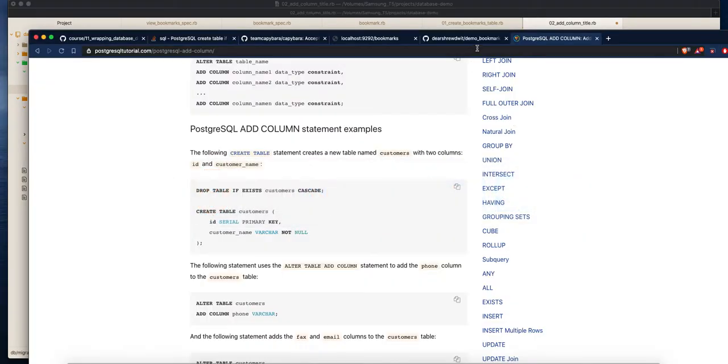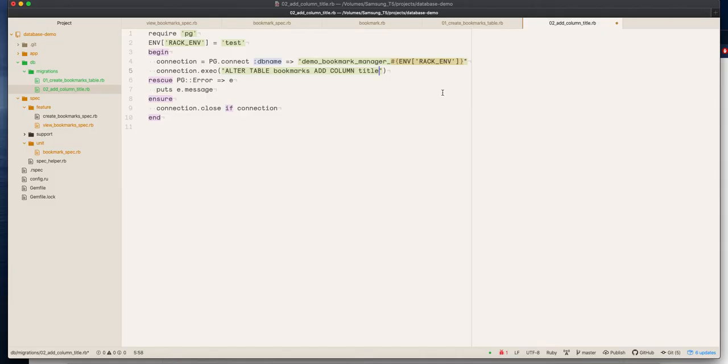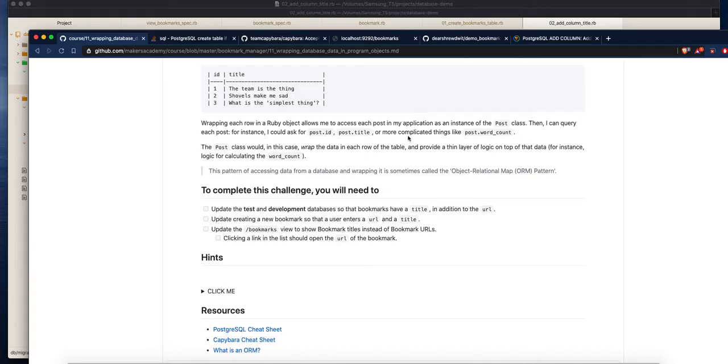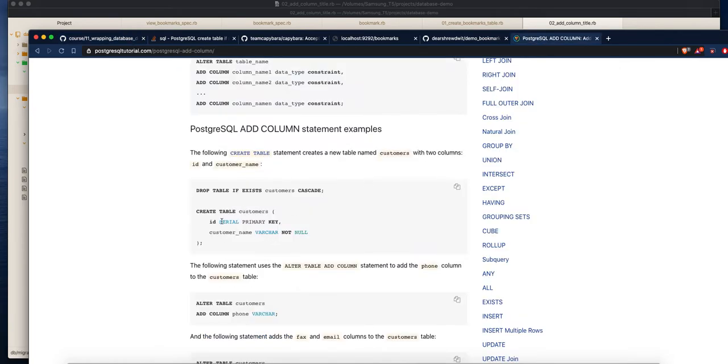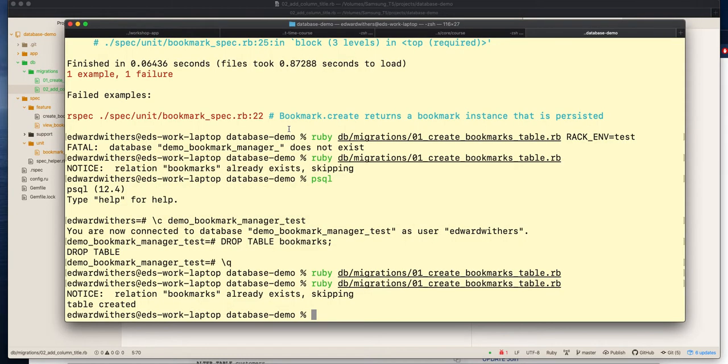Do we have any specification on title? No, let's do the same thing then. Bookmark 60. Is that how I need to do it? Column, yeah, fine. Okay, so let's run that and